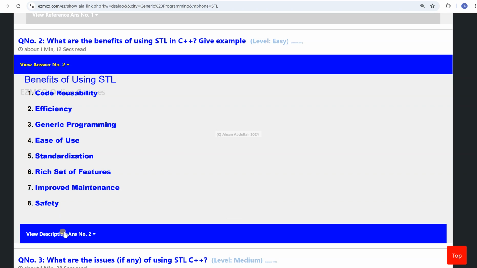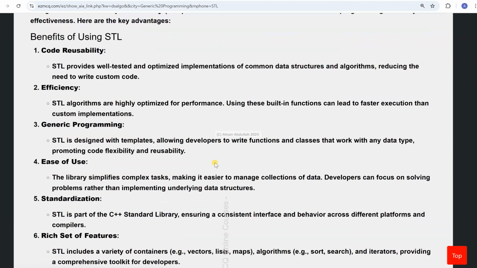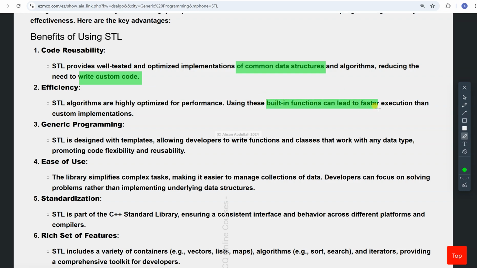And then the safety. So let's look into more detail. Code reusability: implementation of common data structures and algorithms, reducing the need to write custom code. No need to write custom code. Writing custom code is one thing, then fixing it, maintaining it, debugging it, that takes lots and lots of time and a lot of effort goes in. And these built-in functions lead to faster execution than custom implementations because they have already been optimized, allowing developers to